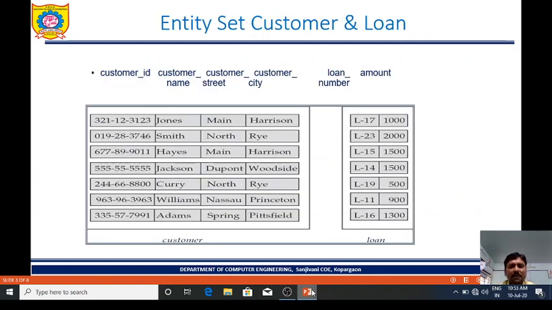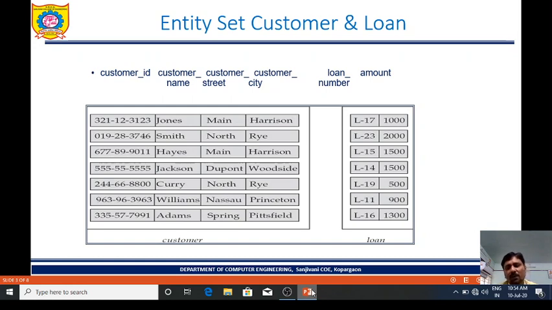See here you can see the two relations, there are two tables. Already we know a table is a collection of rows and columns. Column represents attribute. Now the first relation, first table, customer. In the customer table there are four columns, it means four attributes. The first attribute is customer ID, second is customer name, third is customer street, and fourth is customer city. Customer is an entity and its attributes are customer ID, customer name, customer street, customer city.